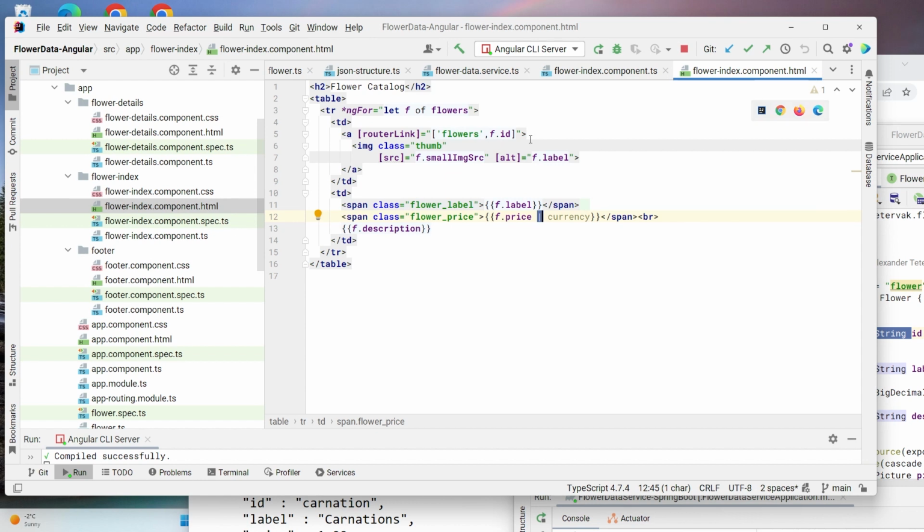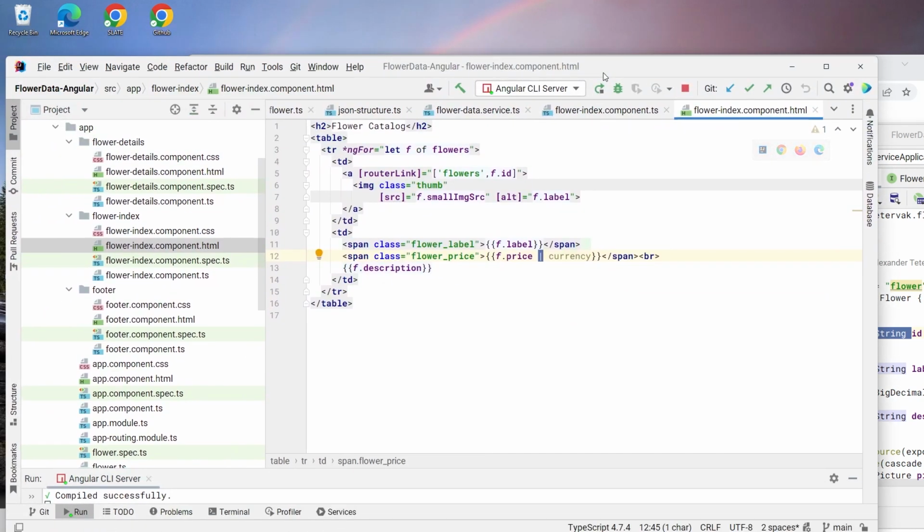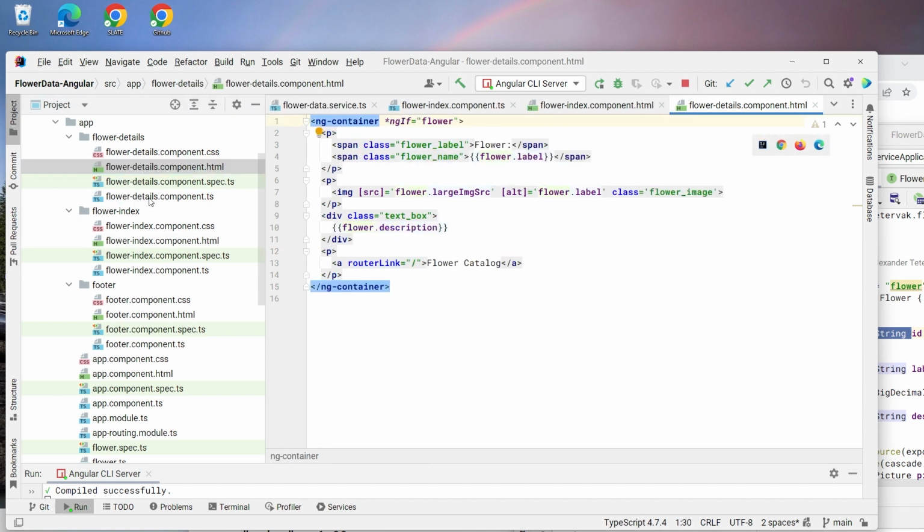So this is how links are created. When we click on the link, the ID is the address, and it will take me to the details page. Okay. So the details page is very similar. Let's quickly look at this, and it is almost self-explanatory. So in the details page,